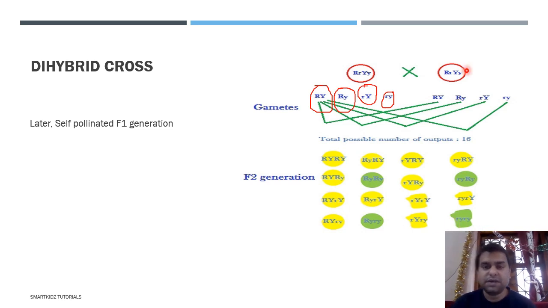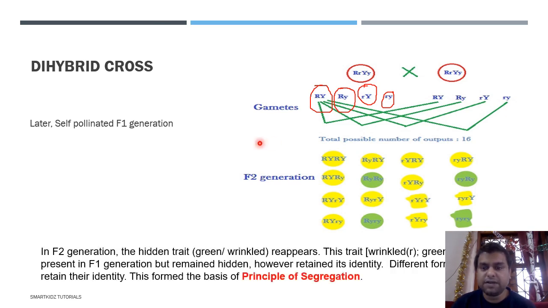Just 1. So that means if we look to get a ratio of this cross, we get a particular ratio, a dihybrid ratio, just like we had a monohybrid ratio, and that would be 9 is to 3 is to 3 is to 1. 9 which are round and yellow, 3 which are round but green, 3 which are wrinkled but yellow, and 1 which is both wrinkled as well as green.